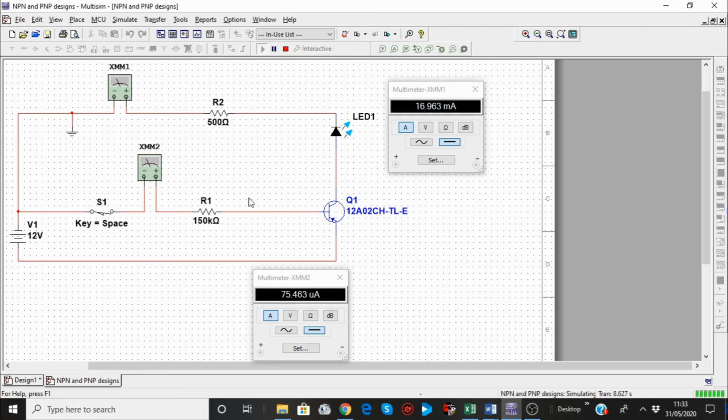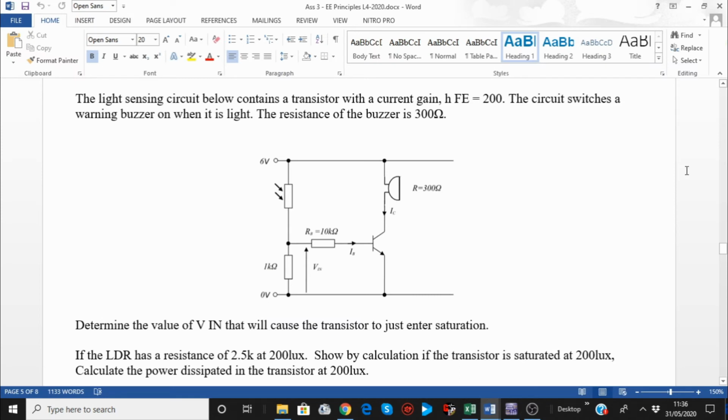That is one of the things that you first look at to determine whether you need a PNP or NPN. That is basically the comparison between the operation and the configuration between the NPN and PNP transistors in a circuit acting as a switch. This is a light sensing circuit. As you can see, there's a transistor here, an NPN transistor,